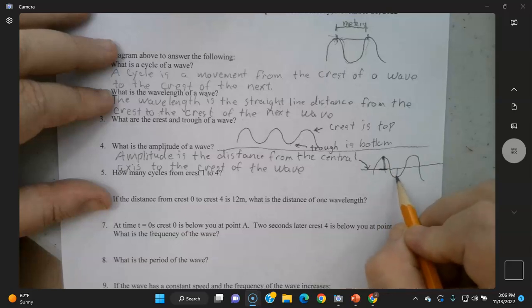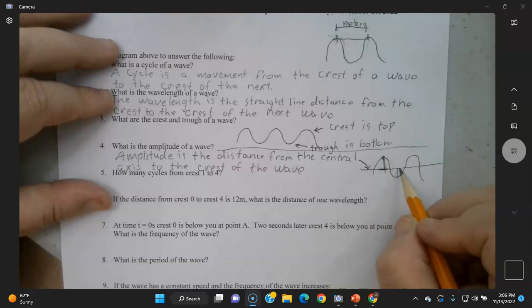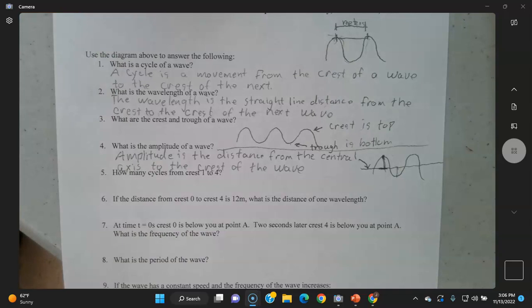It's not from the bottom of the wave, from the trough to the crest. It's from the central axis up. And this would be the same distance going down as well if I drew that a little more neatly. So amplitude is a distance from the central axis to the crest of a wave. How many cycles are